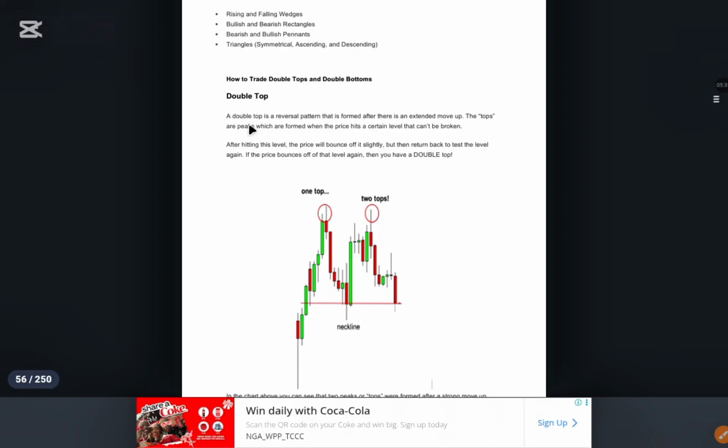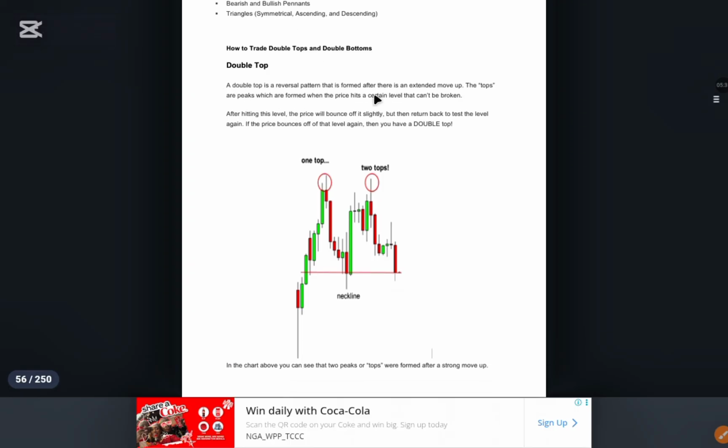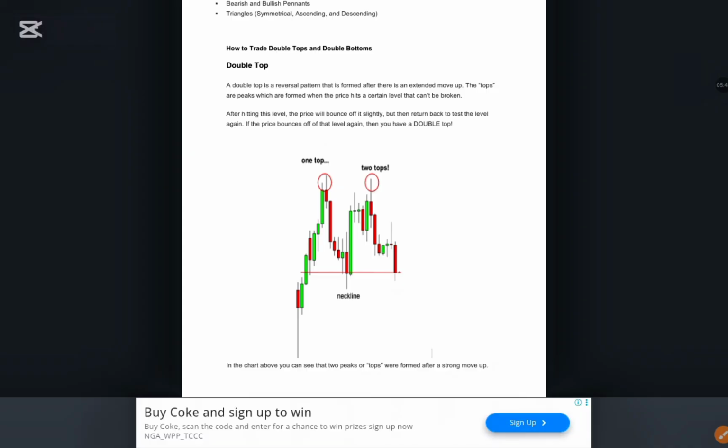Now, the first chart pattern we have here is the double top chart pattern. How to trade the double top chart pattern? A double top is a reversal pattern. Don't forget, I said we have different kinds of chart patterns in the intro. I said chart patterns basically show either potential reversals or potential continuation of the trend. Do you understand? So we say a double top is a reversal pattern that is formed after there